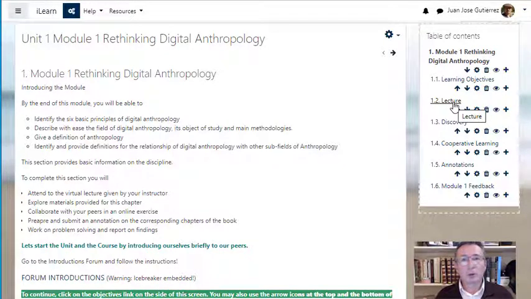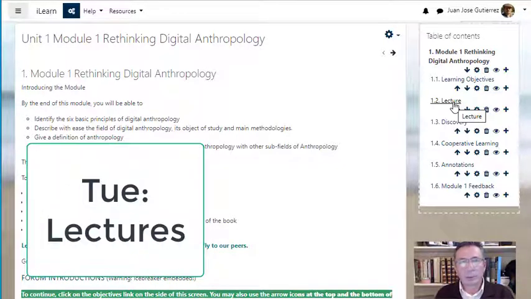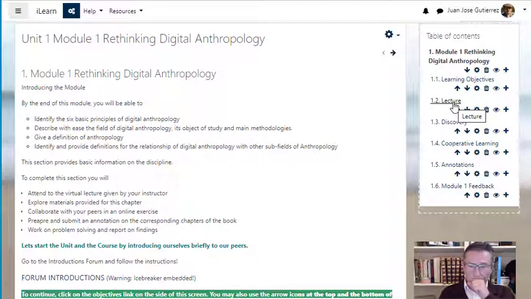Your modules should have that regularity. You will start the module every Tuesday morning, and I'll explain in a second why. So every Tuesday morning you start with approaching the learning objectives, the lecture, and you will start exploring the materials that I have posted on the discovery section.